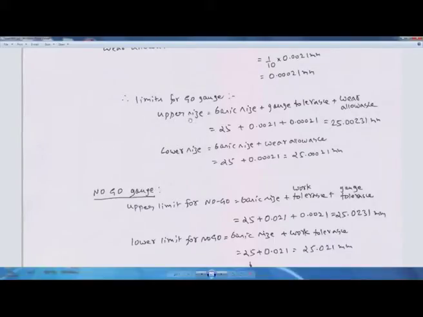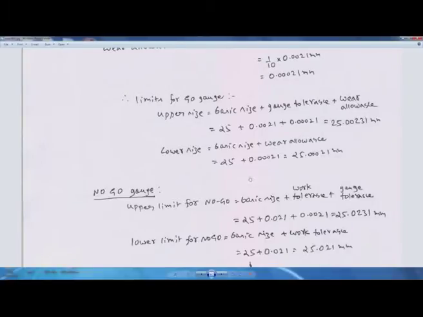So, the upper size of the go plug gauge will be basic size plus gauge tolerance plus wear allowance. The basic size is equal to 25 millimeter, the gauge tolerance is 0.0021 millimeter, and the wear allowance is 0.0021 millimeter. When we add these values, we get the upper size for the go plug gauge, that is 25.0023 millimeter. The lower size of the plug gauge will be equal to basic size plus wear allowance, that is